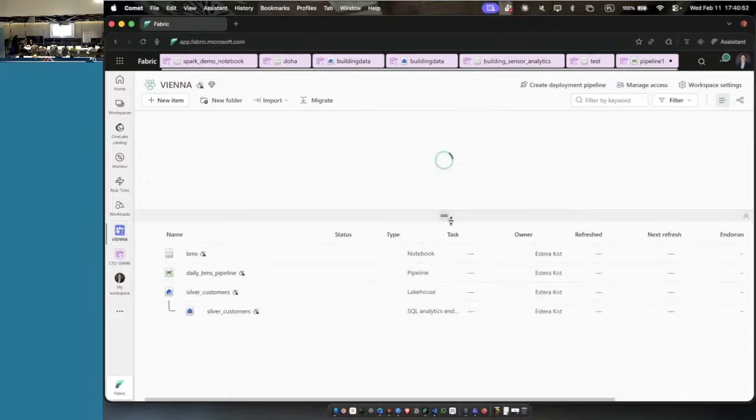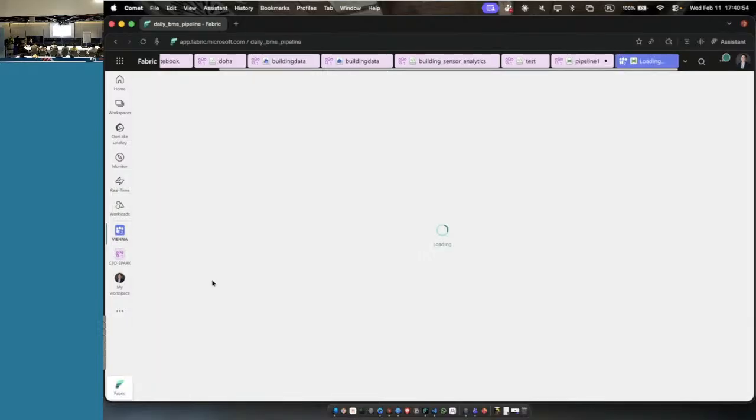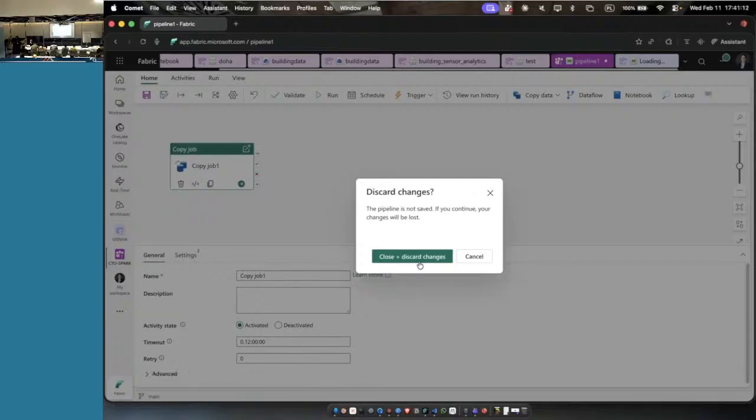Here is the output of the pipeline, and I think I already published that on GitHub. There is a single prompt, and the single prompt is building what is right now loading. So I used just a single prompt to get a true pipeline. So let's close the discard. It's loading. Internet is there.